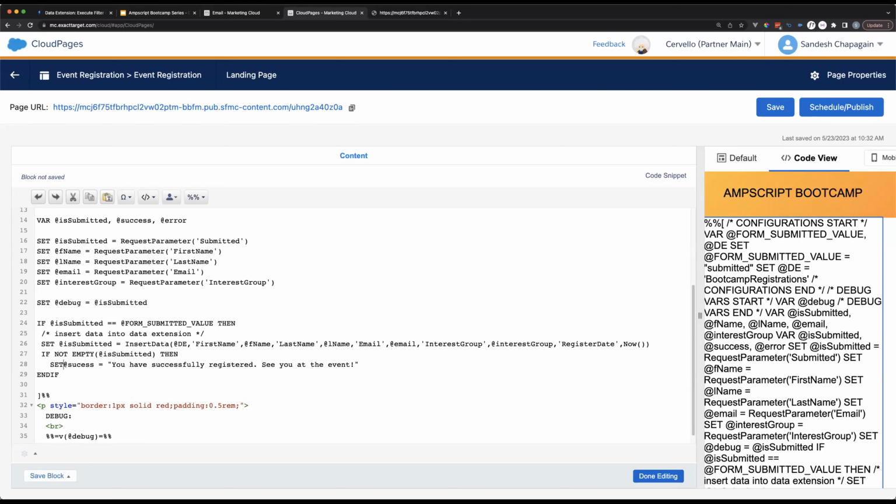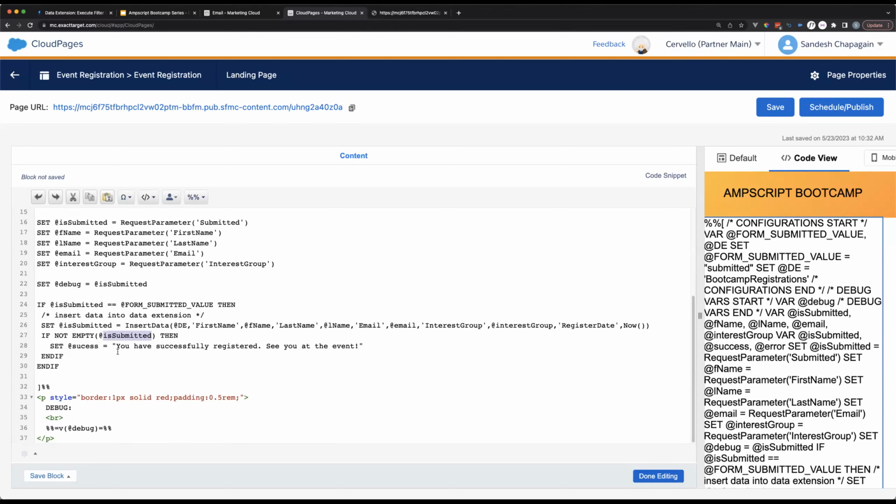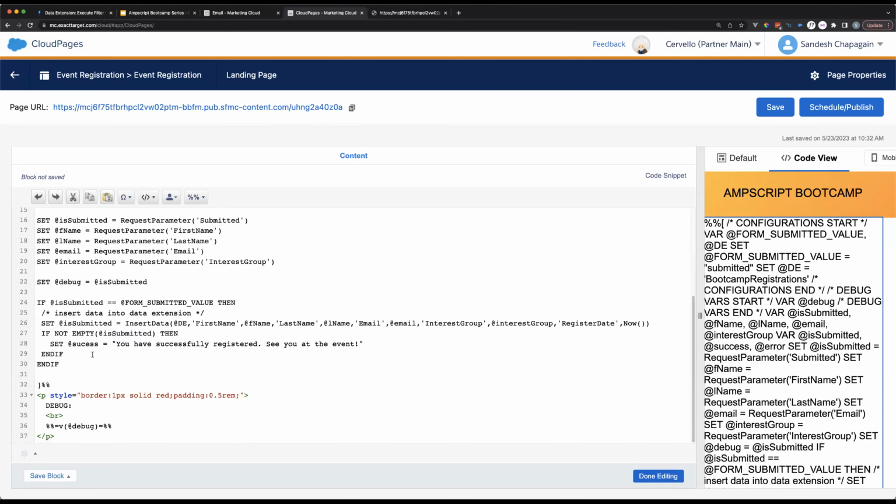Sorry, forgot the set in there. So what we're doing is, if the data is submitted, then we're setting a success value: you have successfully registered and see the event.